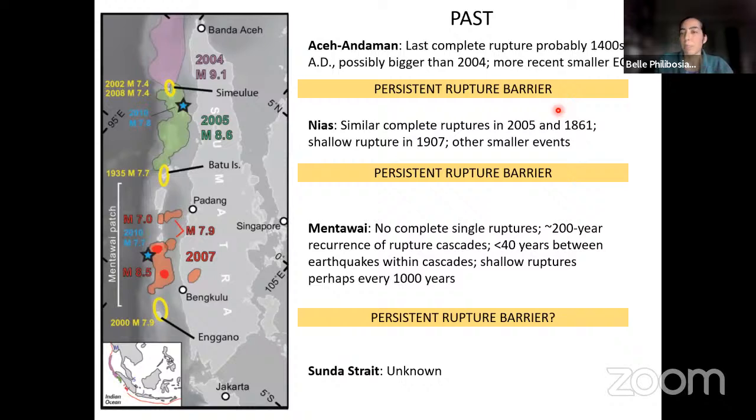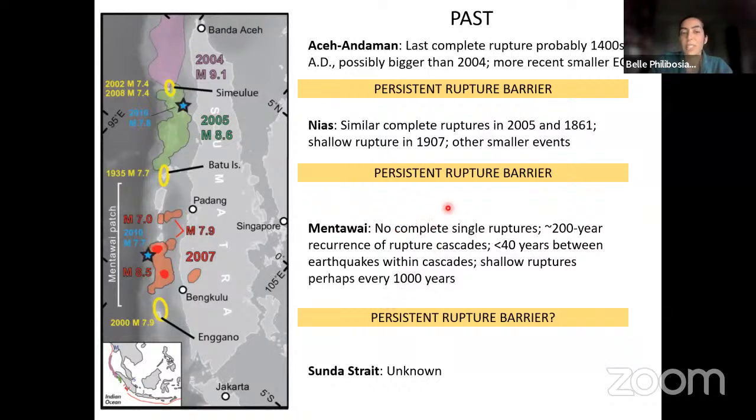So to sum up, this is what we have learned from the past. In the Aceh Andaman area, the last complete rupture was probably in the 1400s, and there have been more recent smaller earthquakes. In the Nias area, we know there have been complete ruptures in 2005 and 1861, and an assortment of other smaller events. In the Mentawai zone, we know that there's never been, as far as we know, a complete single rupture,